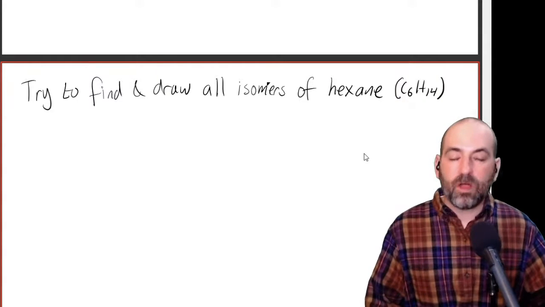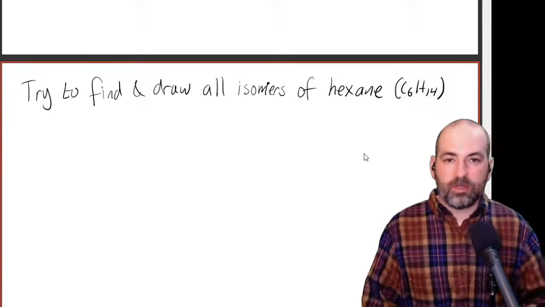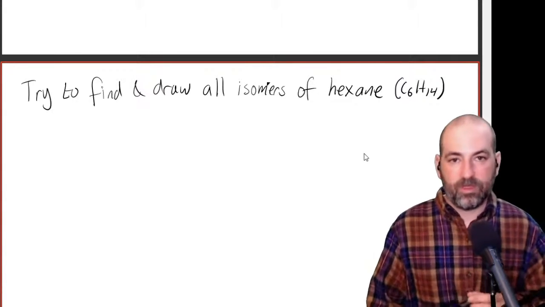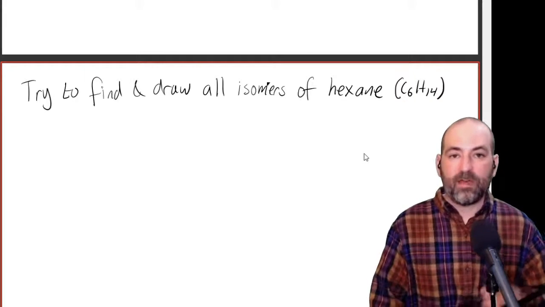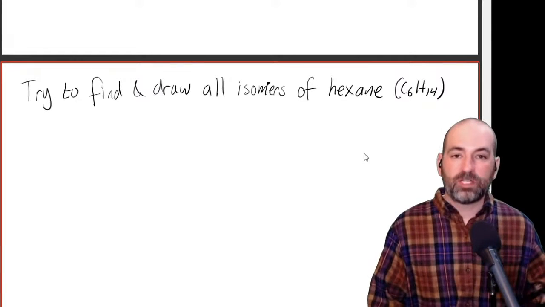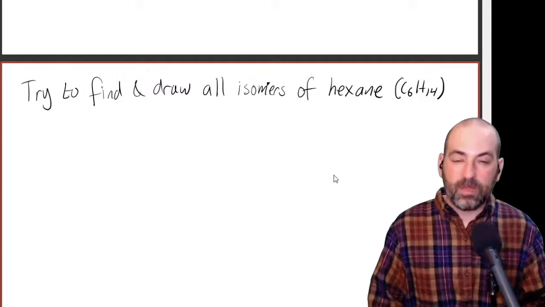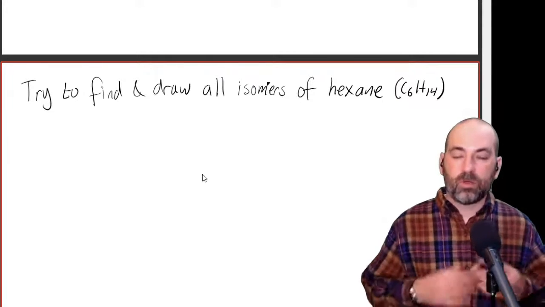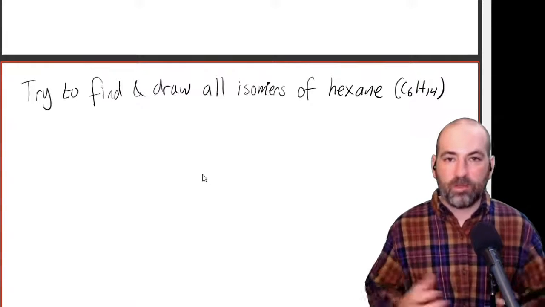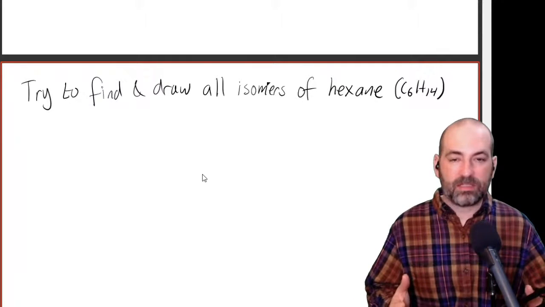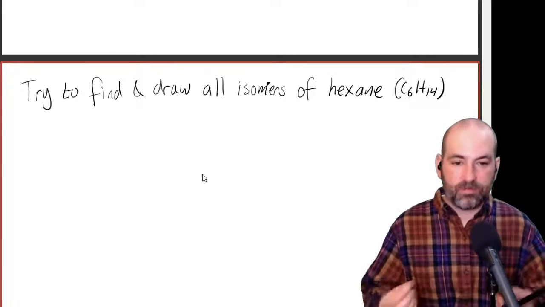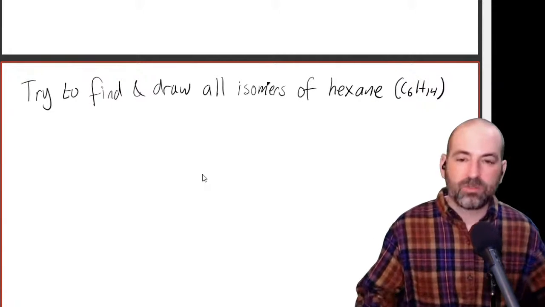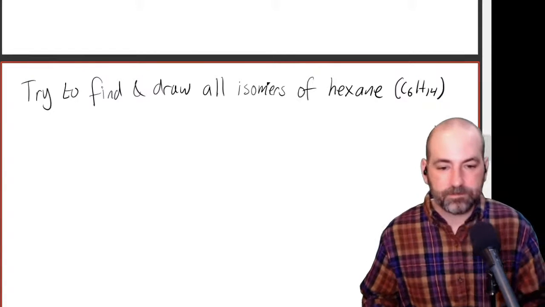And for each one that you draw, number your carbons and prove to yourself that it is indeed different from the previous one that you drew. See if you can find all five. This is hard. This is a difficult question to find all of them and have them all be different. But give it a try. It'll give you some good practice working with line structures, working with carbons. If you have access to some models, you could try to put them together. I don't know if that's a thing that you would have or not. You're welcome to try it at school for those of you coming in on Wednesday.